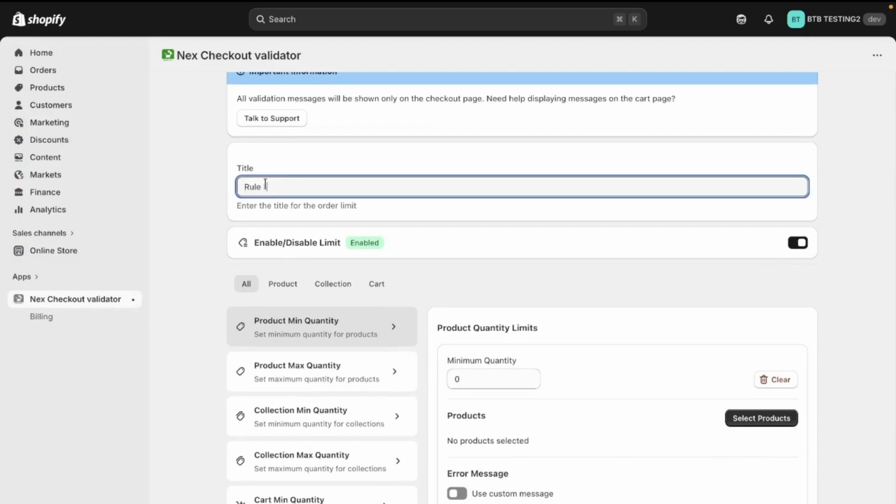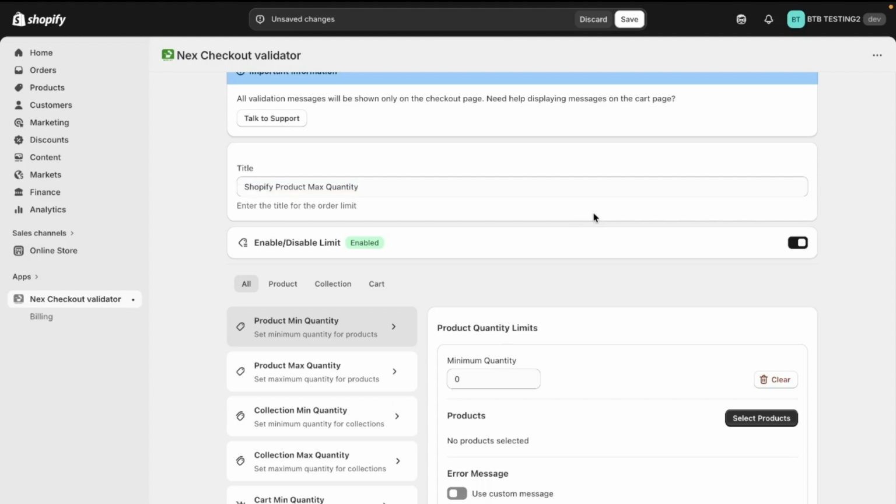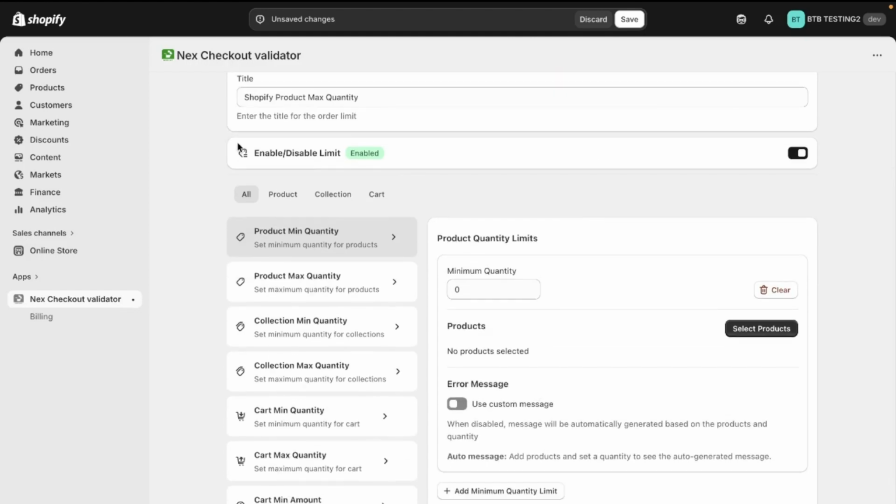Now, first thing you have to give a proper title. Let's say, like, Shopify product maximum quantity as the title. This should be a meaningful one because you can easily identify this from the list of rules. And please make sure that the rule is enabled